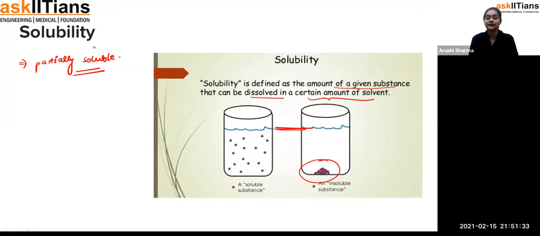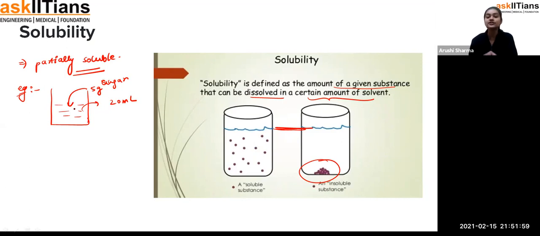the solubility. For example, students, we can take this beaker, and in this beaker I'm taking 20 ml of water. Now, students, what is the capacity of sugar to get dissolved in this 20 ml? For example, if 5 gram of sugar is completely soluble in water, and after 5 gram you are not able to dissolve more sugar in the water, then we can say that this much sugar, 5 gram, is completely soluble in 20 ml of water, and this will be its solubility. So, the maximum amount of the given substance that can be dissolved in a certain amount of